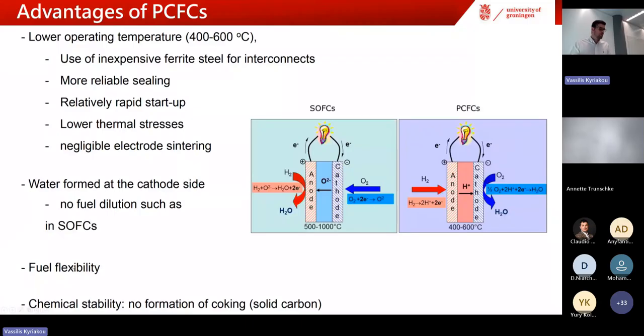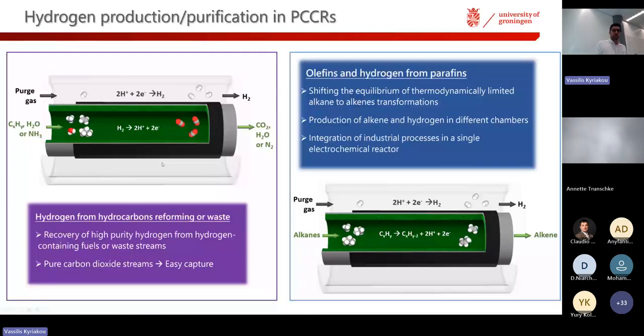It has been demonstrated to have significant fuel flexibility. And the other nice thing is that if you go to temperatures below 600 degrees, you can even use cheaper ferritic steels for interconnects in such a system, which is quite important. And of course, as you decrease the temperature, you also have faster startup. Other applications involve, of course, hydrogenations and dehydrogenations, or hydrogen pumping, as we call it. So they are hydrogen pumps.